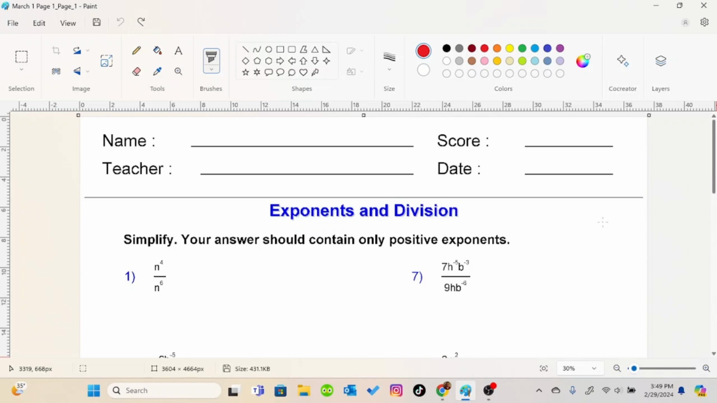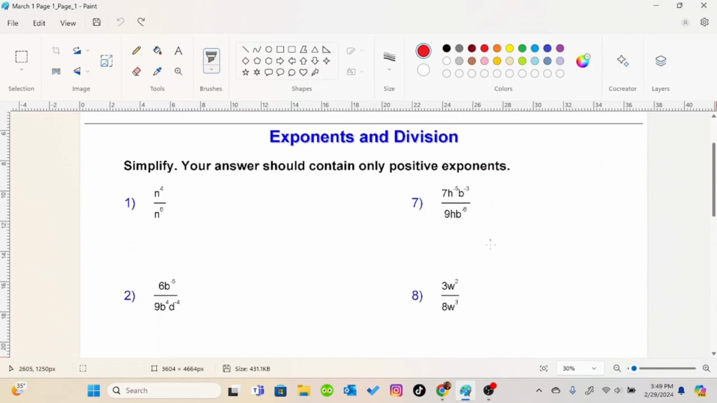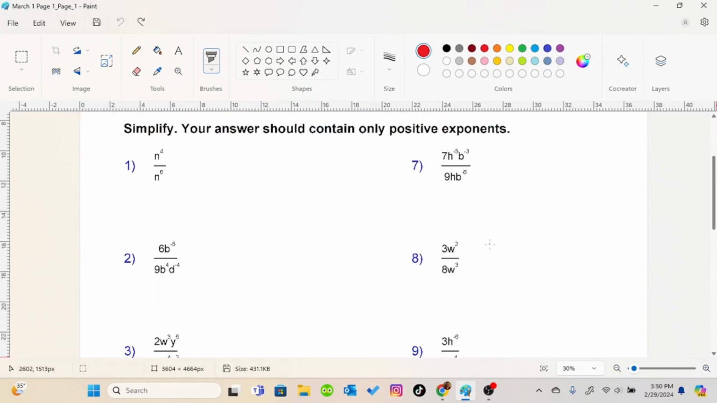On page 1, we are going to look at exponents and division. The instructions say simplify. Your answer should contain only positive exponents. So for number 1,